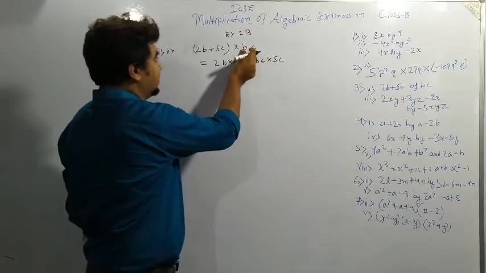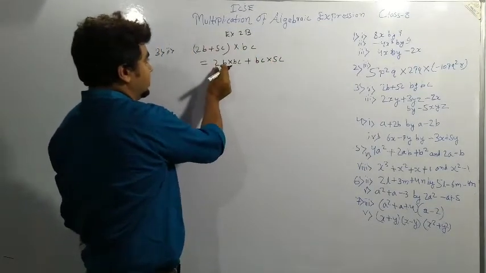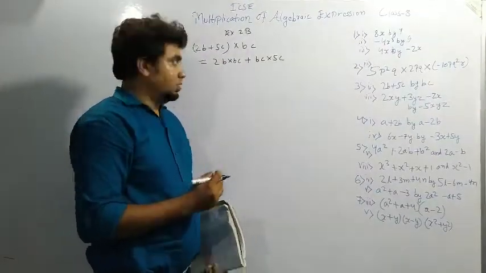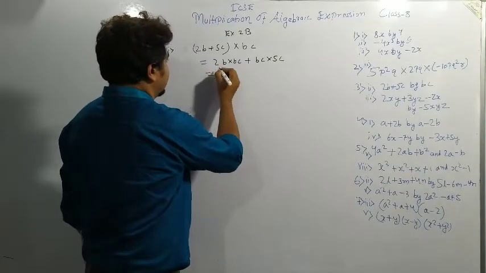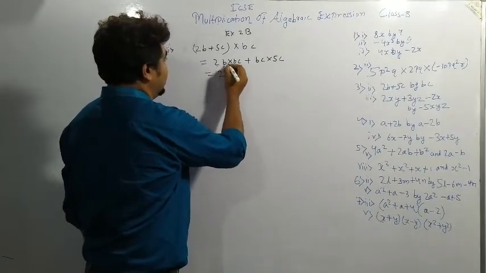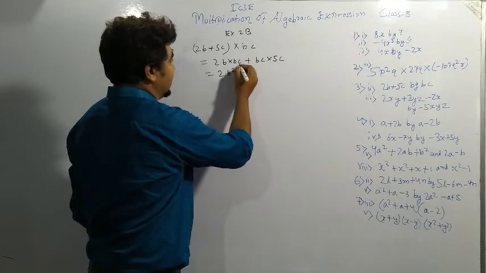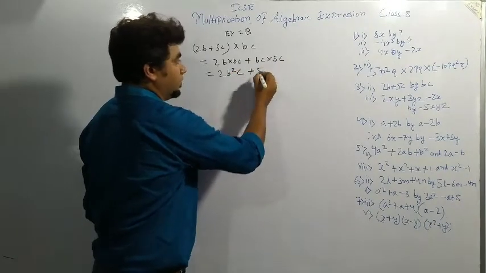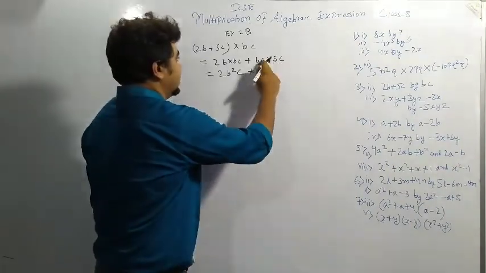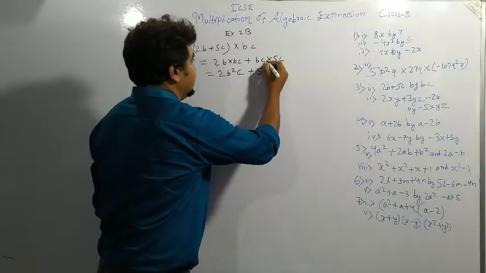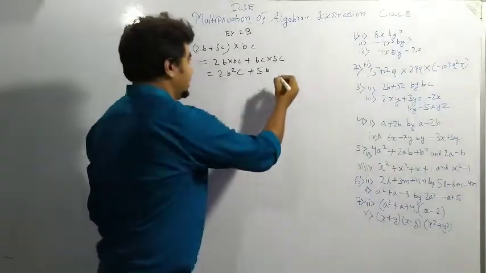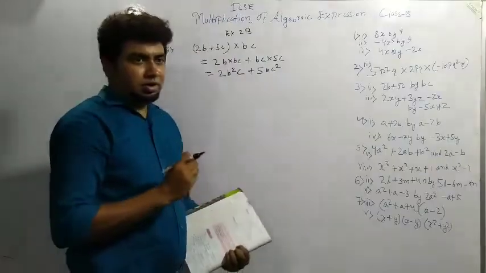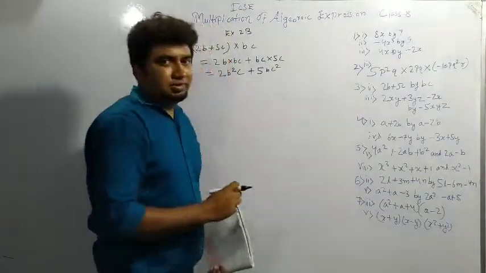First of all I have multiplied BC into 2b. We can write 2 into 5 or 5 into 2. Now you can see here 2b into b is b square into c. Here it is 5, first of all we write the constant, then b. C into c will be c square. So this is question number 3 bit 2. Now we'll be solving question number 3 bit 3.